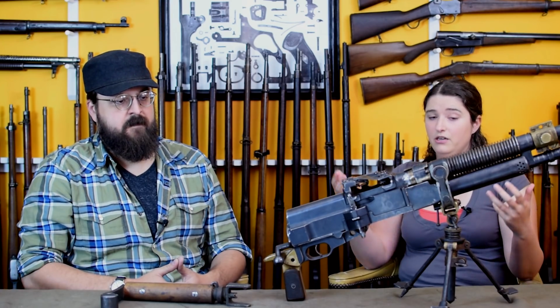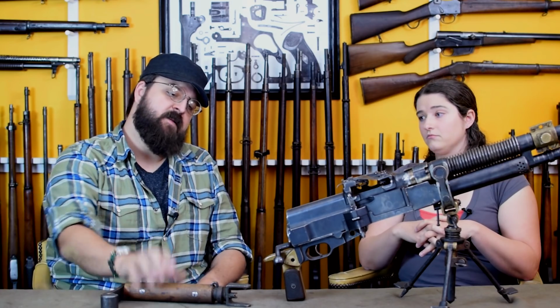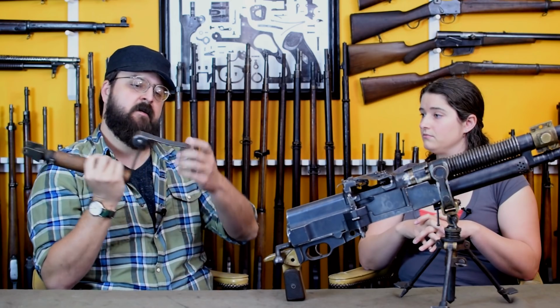And then on top of that, moving it around, setting it down, it's awkward and heavy and big. And that crow's feet tripod is not doing it for me. So we're down to the rear of the gun then, which means the shoulder stock, which is currently detached, and this is an expedient stock. The Mark 1s would have had a nice big wood stock,